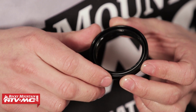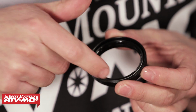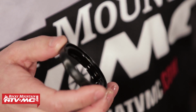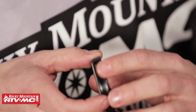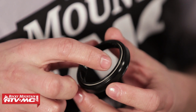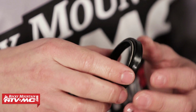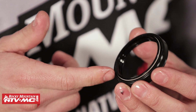So if you take a look at the sides of the seal, this side is going to have a deep recess in it. That's going to allow oil to seat inside of there. And then under compression, it will actually tighten the seal so you get a better seal. Now the other side, you can see some stamping marks, maybe some numbers on there, and that just lets you know that that's going to face towards the tire side of the fork. So now that we've got this lubed up with some suspension oil, we can go ahead and get this installed